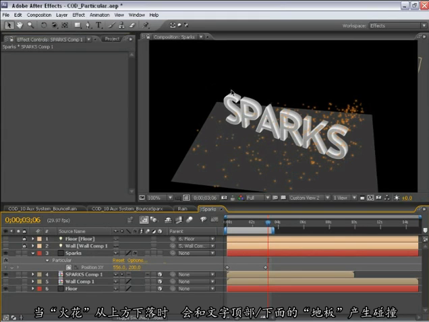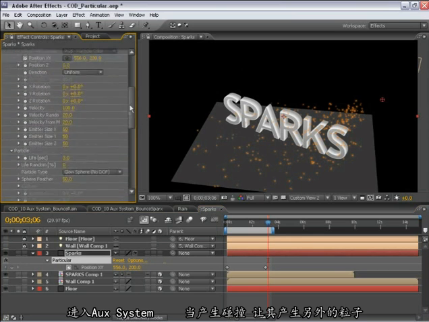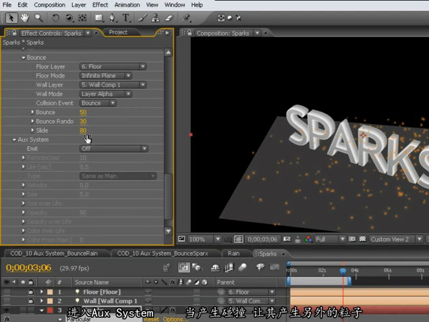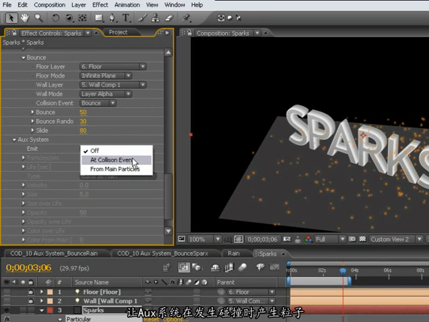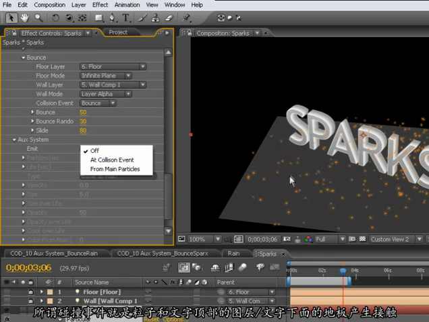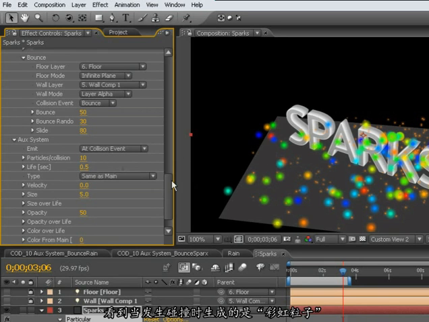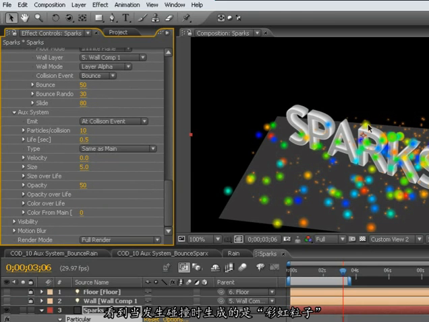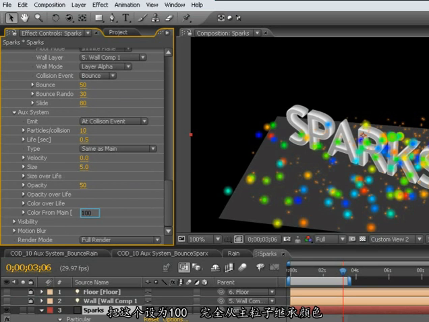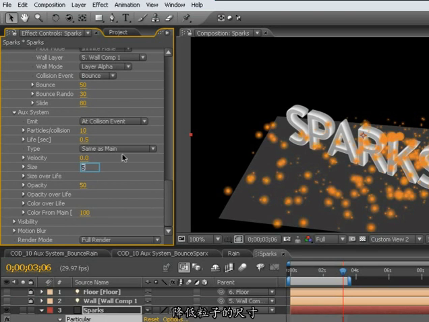So now as the sparks fall across this type here, they should be colliding with the floor and colliding with the type. Now let's go into our aux system and have additional particles created when those particles collide. So I'll have the aux system emit particles at a collision event. So a collision event is going to be when a particle hits the floor or when it hits that wall layer above the type. So I'll set this to at collision event. Now we can see we've got our rainbow colored particles emitting when it hits the type and the floor. Let's set this to inherit the color from the main particle, setting this to 100%. Turn the size of the particle down,